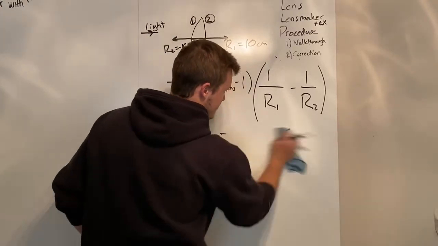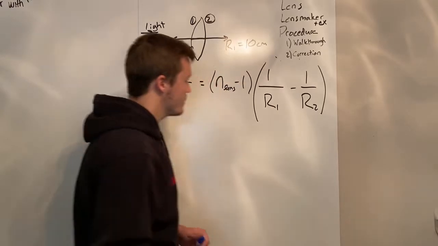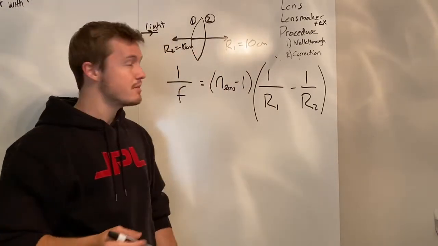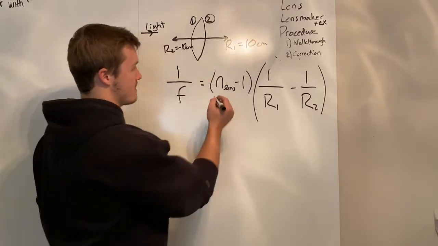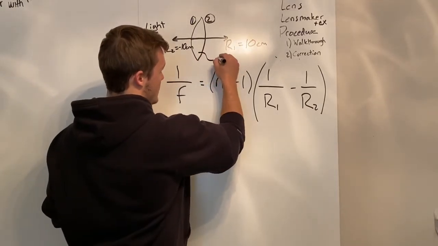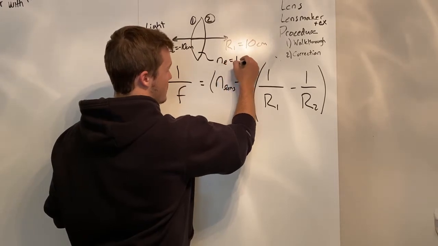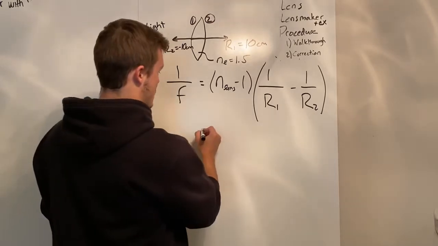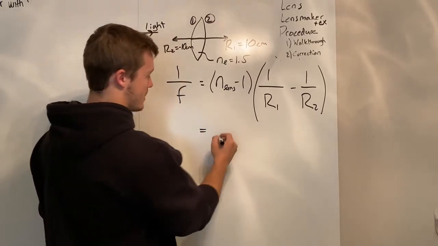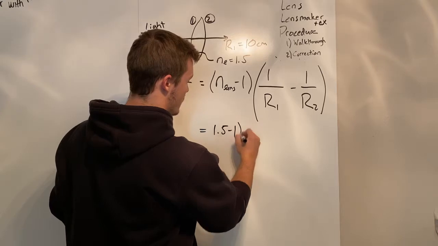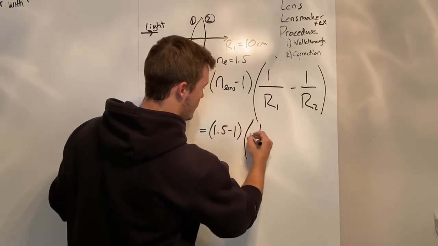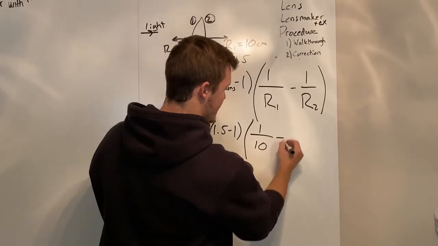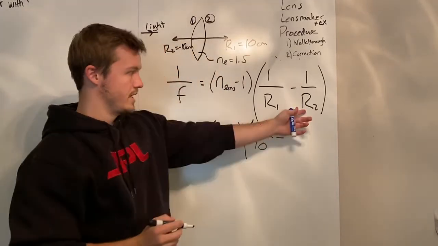Okay, let's continue our example real quick. I'm going to say that this is made out of acrylic, which is the same material we've been working with for pretty much all of these lenses. So the index of refraction of this lens is 1.5. So I'm just going to plug in these things and calculate the focal length. So remember, this is still 1 over the focal length. You get 1.5 minus 1 times 1 over radius 1, which is positive 10, minus 1 divided by radius 2,